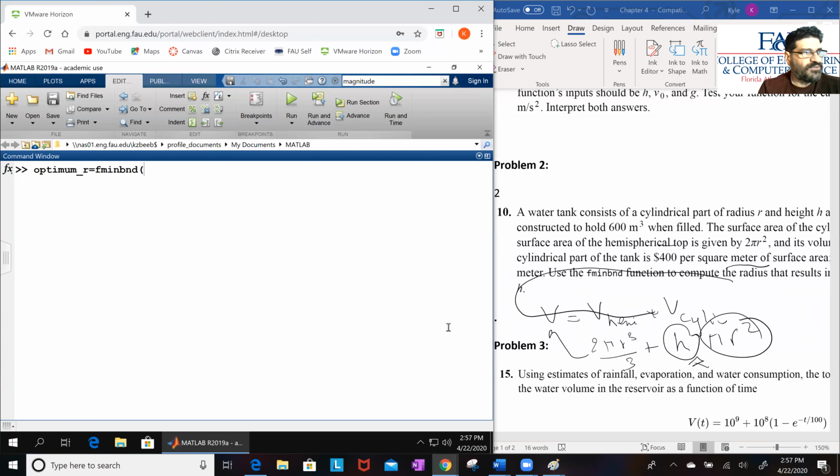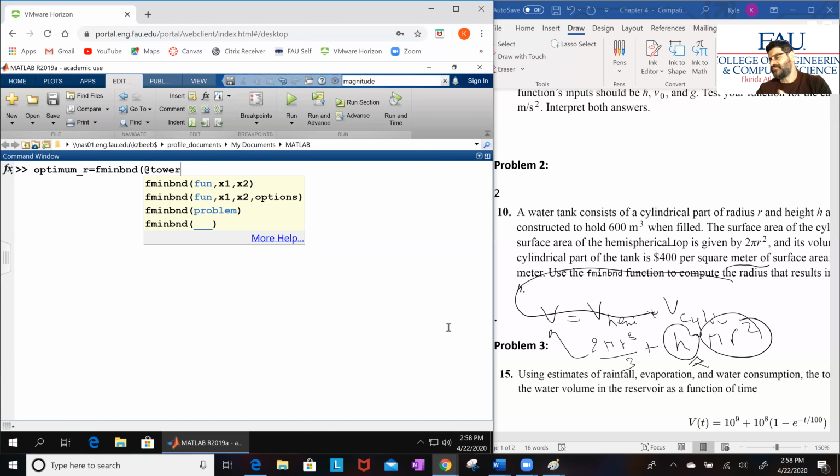Because we're trying to do this, this is where you use the function handle at, and I'm going to use the tower, because this is the cost equation. So I want to minimize that